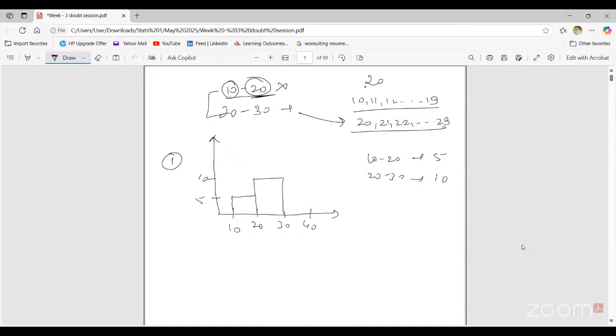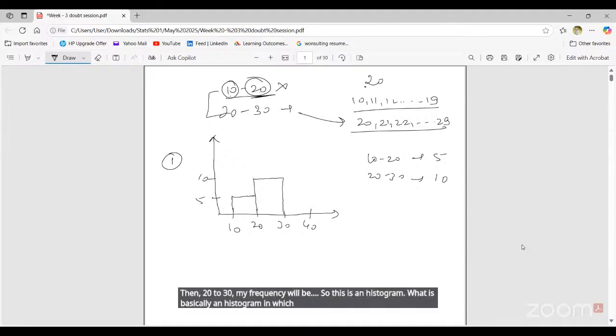So this is a histogram. What is basically a histogram? One in which the bars are connected. There is no gap. That's my histogram. So if